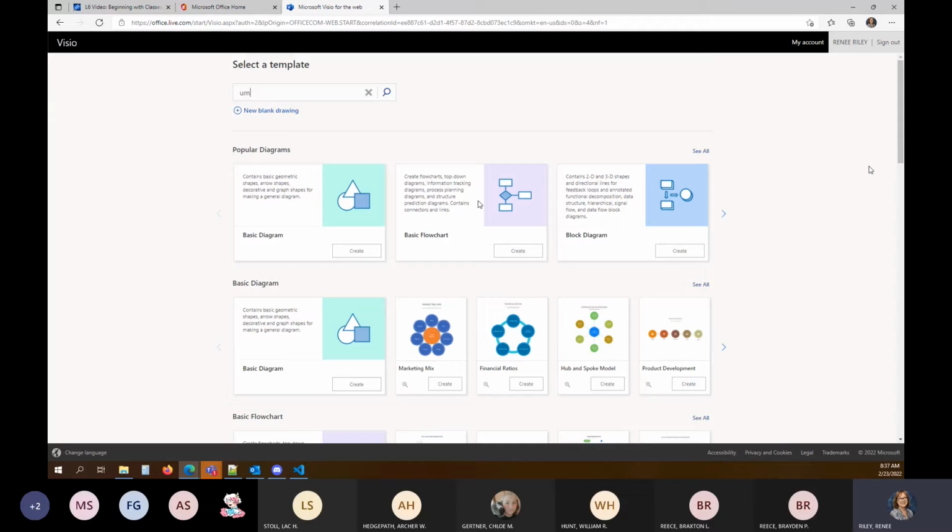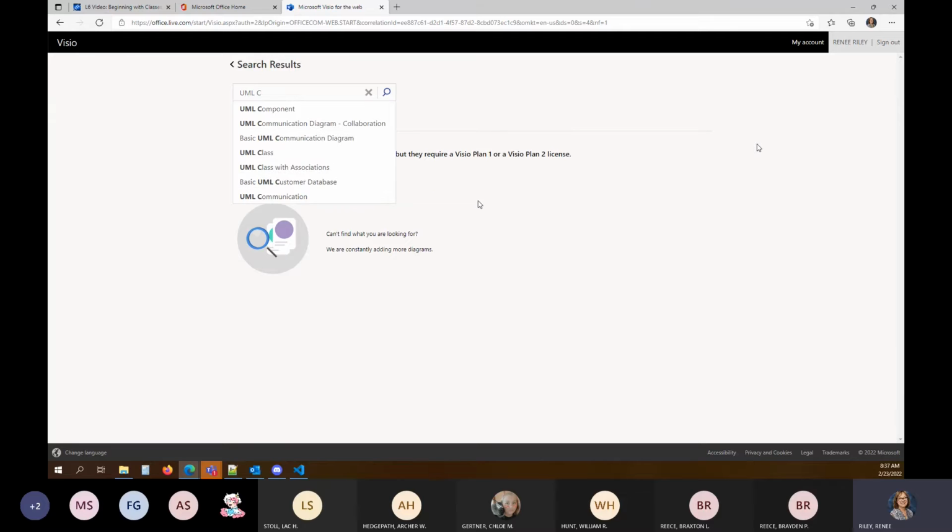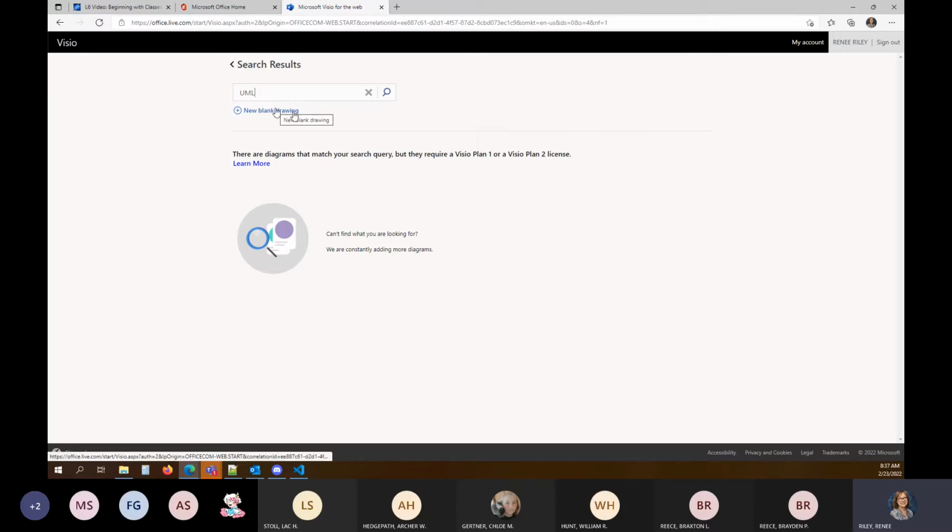None of them look very good. I'm going to search for UML. How about UML class? That looks good. Nope, I'll just search for UML. Nothing. So I'm going to do a new blank drawing.